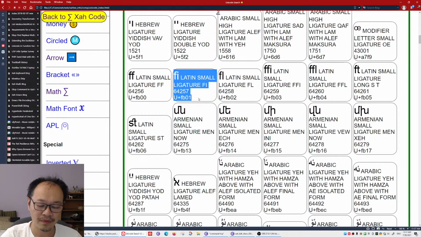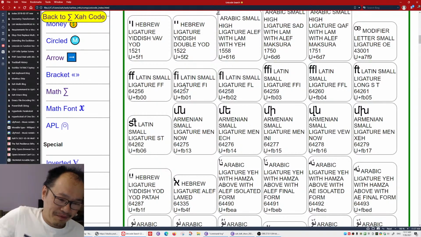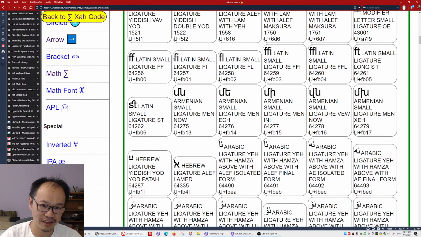For certain other reasons, they have this character, but Unicode says the actual font for this character need not actually be ligatures. So you have lots of complexities. For some fonts, it will show as a ligature, but for other fonts, for example, the one I'm using,